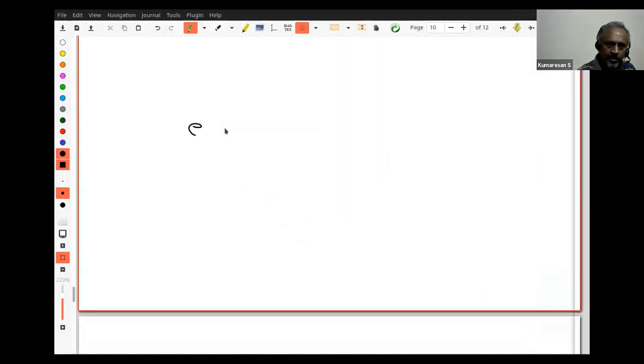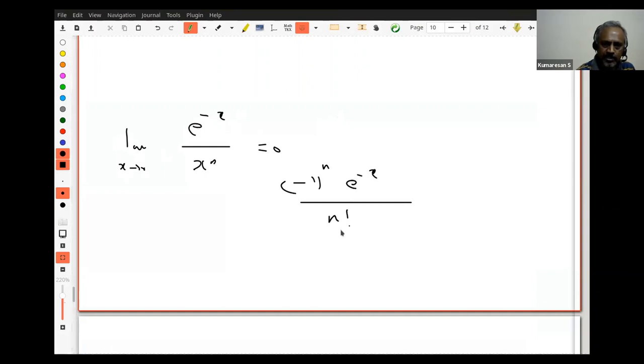Similarly, if I look at e power minus x and x power n, let me just share it. So I have e power minus x and x power n. I want to say this goes to 0, but as x goes to 0, I want to say this is 0. E power minus x goes to 0 first. How will I know? I will use L'Hopital's rule. I keep on differentiating n times. This will give me minus 1 to the power n times e power minus x, or whatever it is. This will give me just n factorial, and as the limit x goes to 0, therefore this goes to 0.